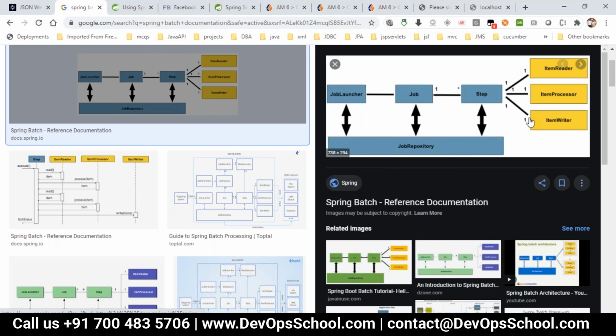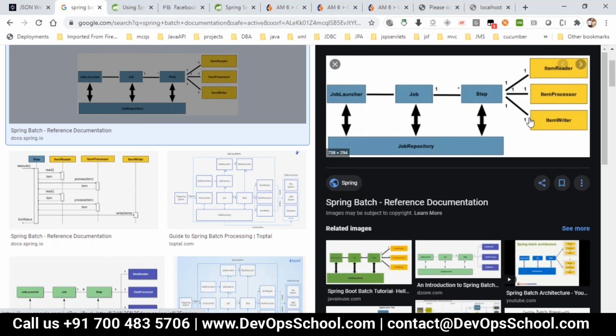Then we have Spring Batch with a partitioner, that is if you have multiple threads to process a range of data. If you have some 1 crore of data that you want to process, we go with a batch partitioner, which will take multiple threads and process a range of data. Then we have Spring Batch listeners, which intercept the step execution of a batch job. So these are all the different concepts available with respect to Spring Batch.